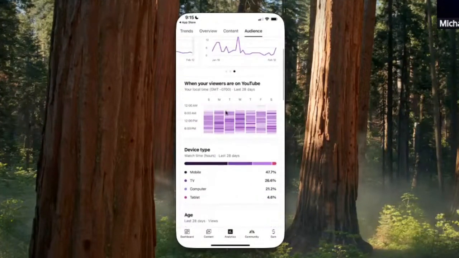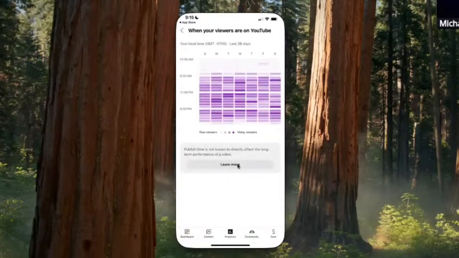When your viewers are on YouTube, this is a cool little chart because it's going to show you the times that more viewers are tuned in and watching. So if I was looking at this, the darker color purple is when there's many viewers, and then the lighter color purple is when there's fewer viewers. So it seems like Wednesday is a day that a lot of people are on my channel, and anywhere from, what is this,